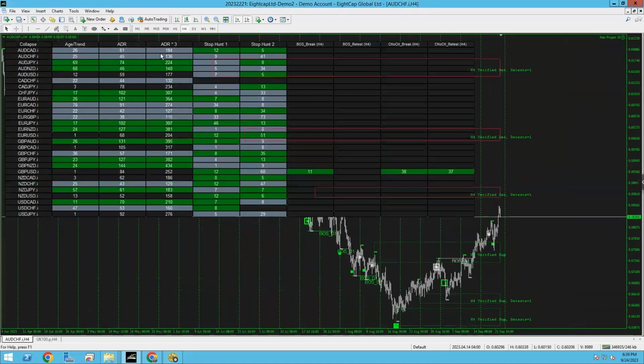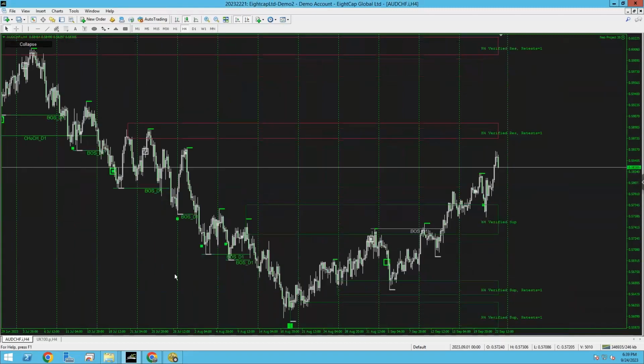All right, cool. So now we zoom back out and now you can see it's clear for me. Simple daily break of structure. So agent trend has given me the alert on my phone or the computer that it's gone bullish. Let's say it went bullish here. Boom. Agent trend has popped up right at this point. Now, all I need to do is wait for price action to show me a daily break of structure.